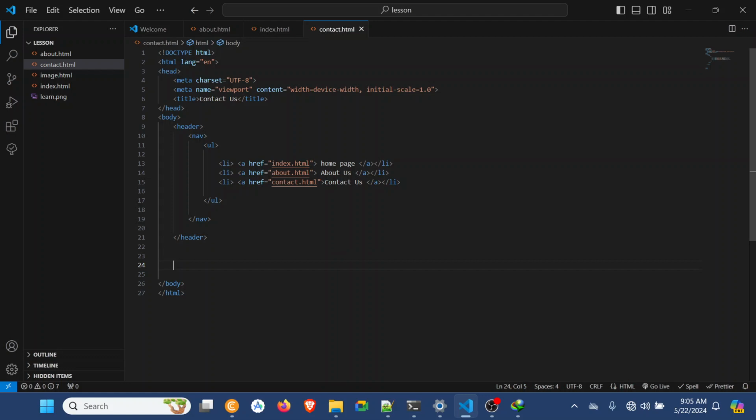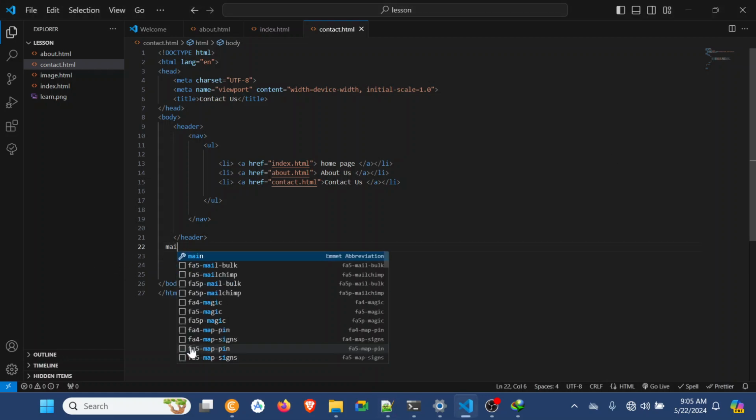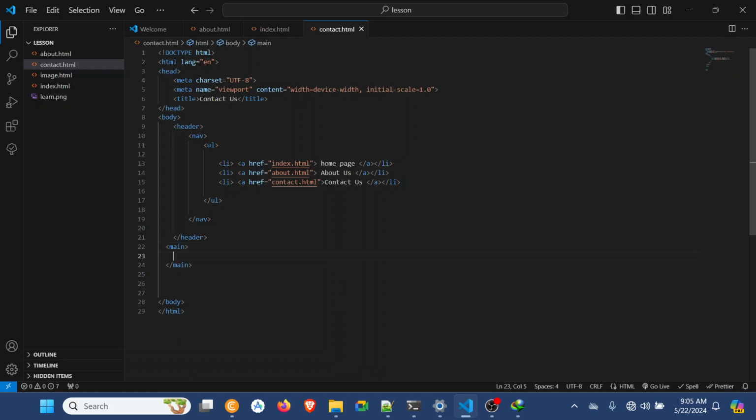From index.html, about.html, the header remains. The only thing that will change is the content in the main element. So the main element, like that, put it down. I have opened the opening tag of the main element, and inside here